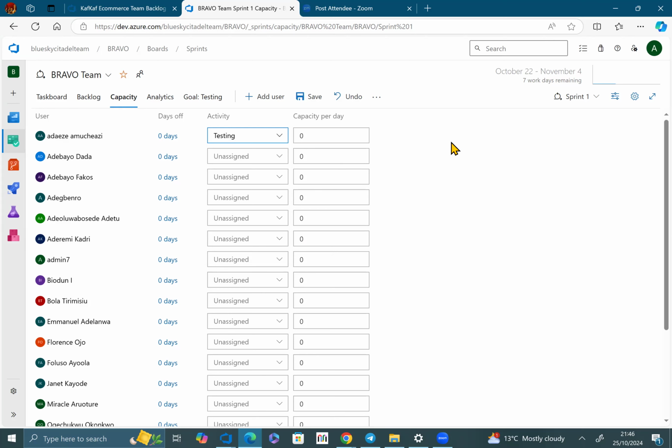So let's assume that capacity per day, don't fill it in so that it doesn't affect your chart or your board. So you know that it's 6. So you put 6 for every tester and developer that you have on your team. Now, if Ada, as on the spreadsheet you have, has put 2 days off, 3 days off, you know those days. Bero, if you click on days, 0 days in front of Ada,